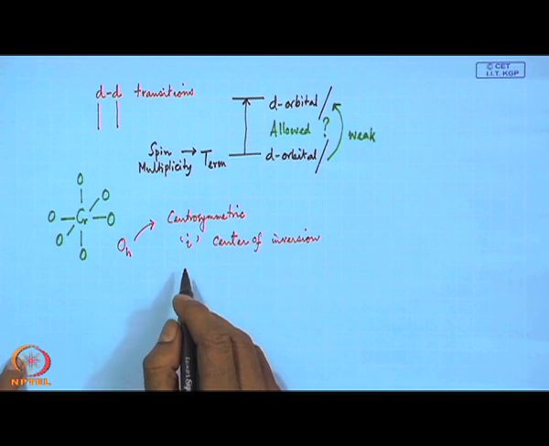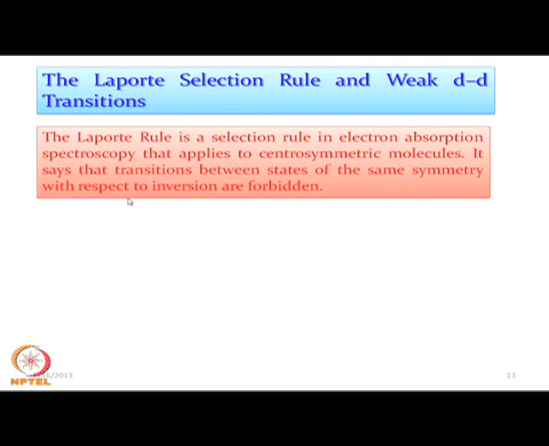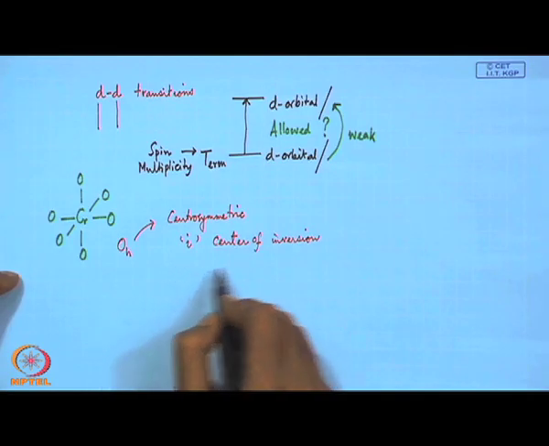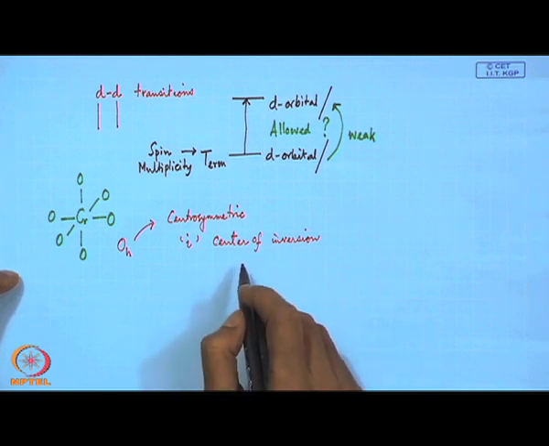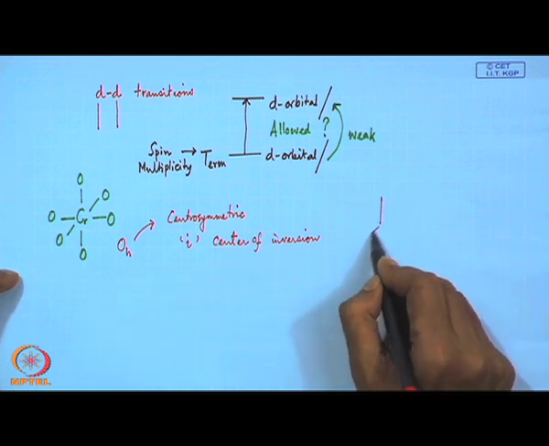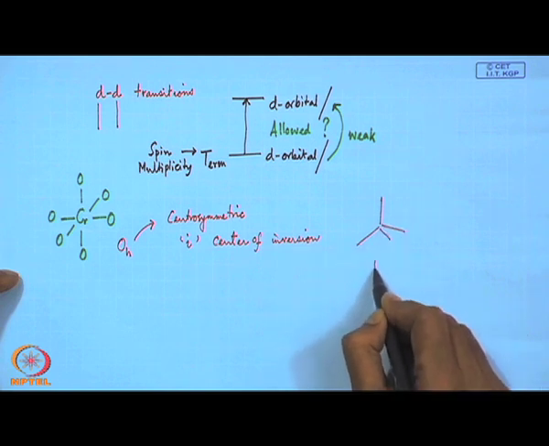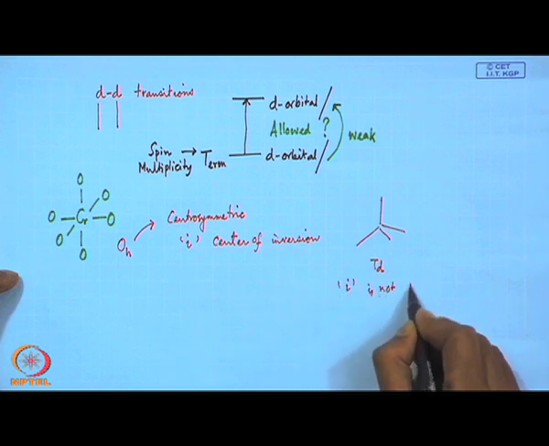So, if we have the corresponding centrosymmetry, that means for a centrosymmetric molecule we can apply this particular selection rule, where it says that the transition between states of the same symmetry with respect to inversion is forbidden. States of same symmetry, that means if we are moving from one centrosymmetric state to the other centrosymmetric state with respect to the inversion, then the transition is forbidden. But if we just go for another geometry which is a tetrahedral geometry where inversion center is not present,